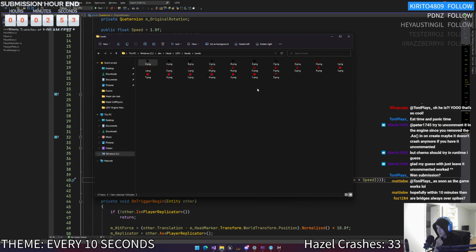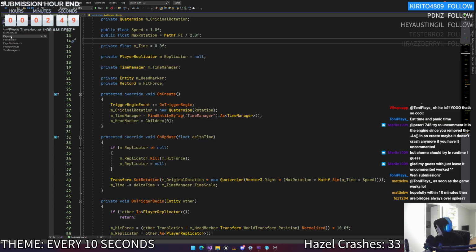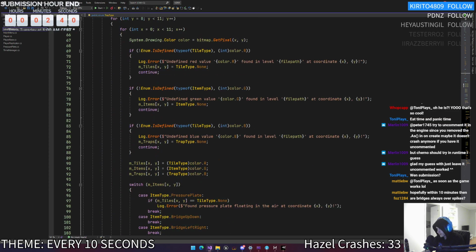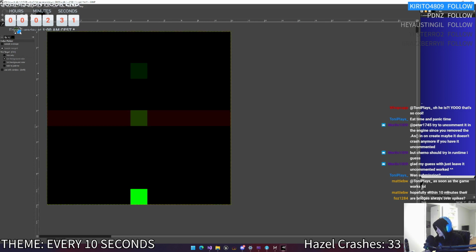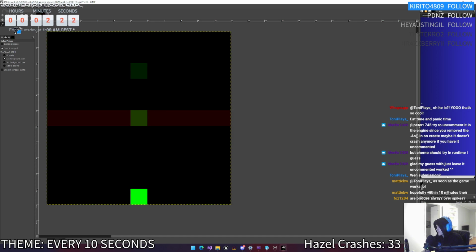Let's open this with GIMP. Check. Level reader. People have been keen. 30 on the blue channel. The game. Yeah, I mean, we wanted to have a bit of a tutorial, but the idea would be that it's